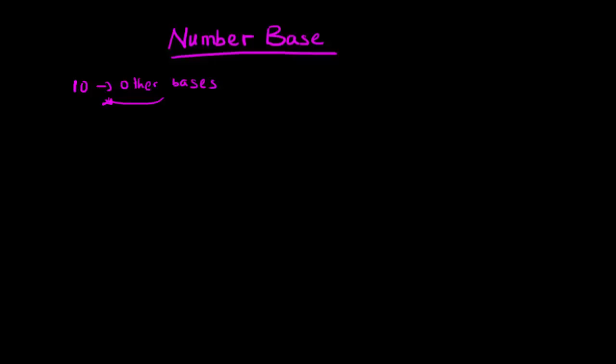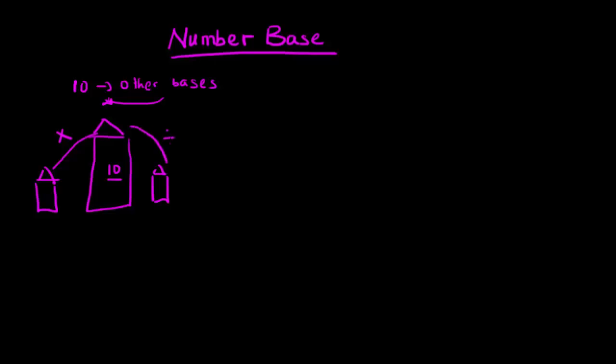Now remember, I told you that base 10 is known as the natural base, and you should imagine it to be a skyscraper. And other bases, you imagine them to be a small bungalow. Now remember, we said if you want to convert from other bases to base 10, it's like a promotion, so you multiply. If you want to convert from base 10 to other bases, it's like a demotion, so you divide. Now the question is, how do we convert from other bases to other bases?